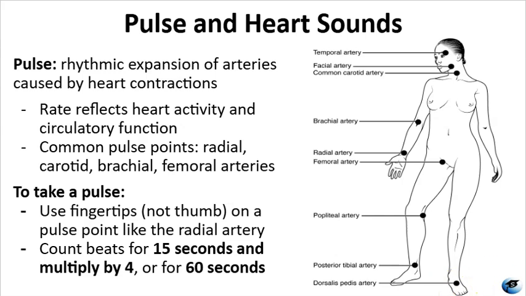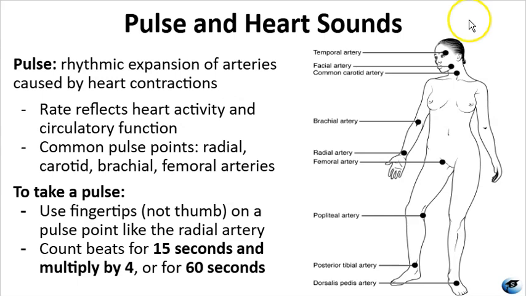The diagram shows major arteries where pulse is commonly checked. Let's walk through a few of the most accessible ones. So the radial artery is located at the wrist. It's most commonly used for pulse checks. Then you have the carotid artery in the neck. This is ideal during emergency assessments. The brachial artery is often used in infants when taking blood pressure. The femoral, popliteal, posterior tibial, and dorsalis pedis pulses are assessed in the legs and feet, especially when checking for